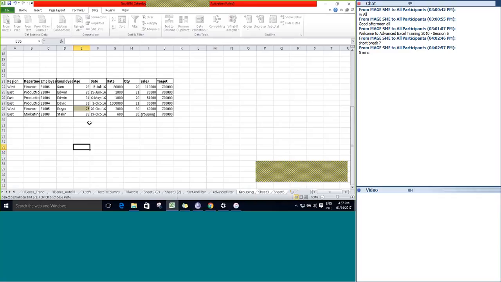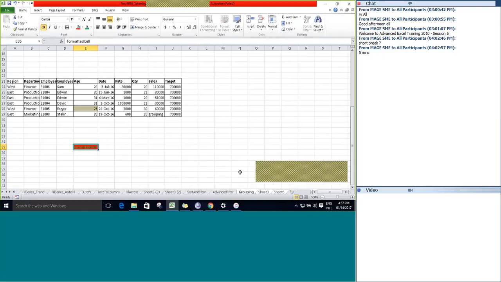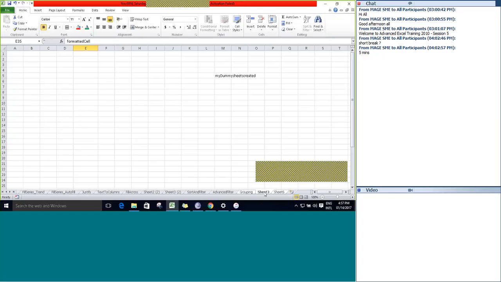Right? If I type something in a formatted cell, along with a fill color, a font color, and bold, whatever formatting we did, go back to the sheet and look for E35.